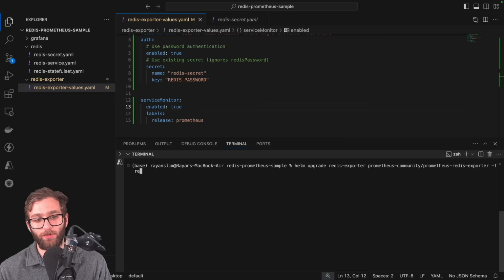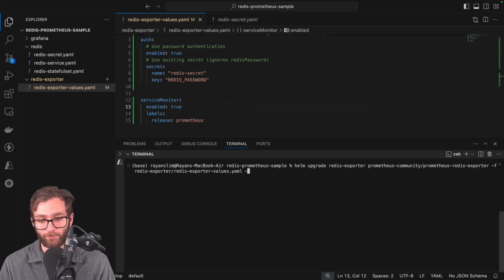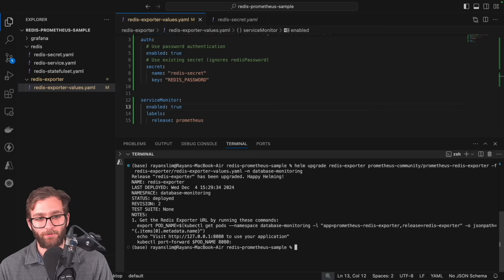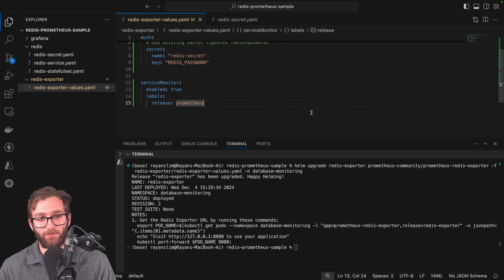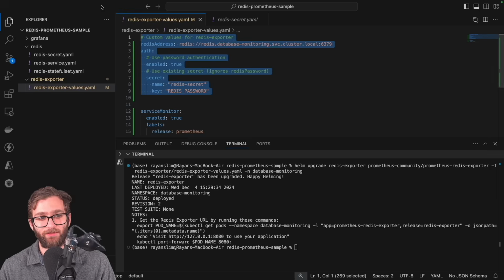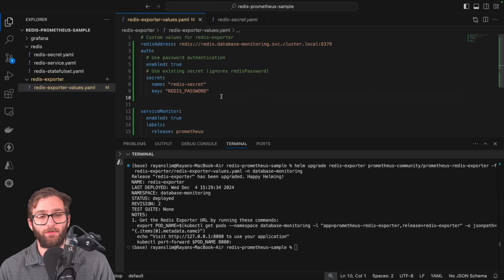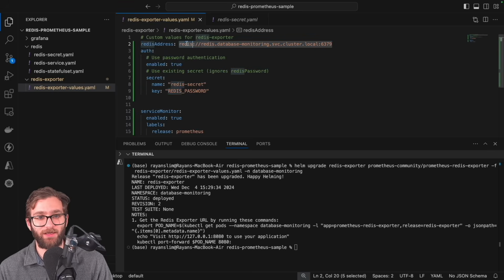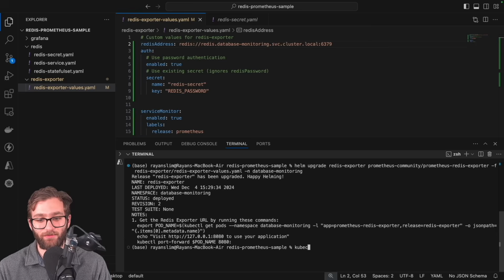The upgrade will occur based on the updated values inside of the Redis exporter values.yaml. And we'll make sure to perform the upgrade inside of the same namespace. All right. So now not only do we have Redis connected, not only do you have the Redis exporter connected to our Redis instance, we should also have a service monitor inside of the same namespace. So kubectl get servicemonitor